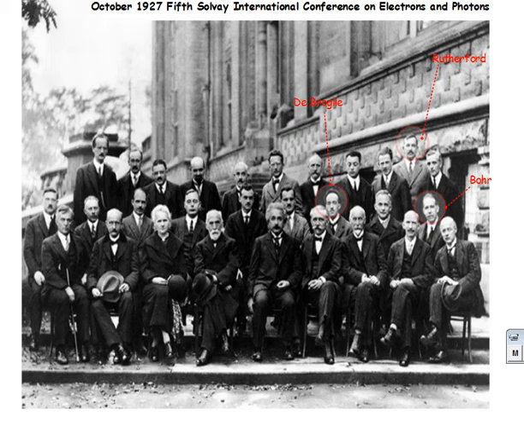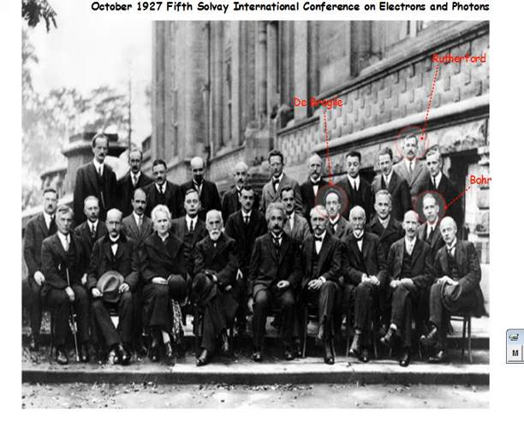This picture here is from October 1927. This is a conference where all of the brightest minds in quantum mechanics at the time got together to discuss current quantum mechanical theory. You'll notice two guys in there, Rutherford and Niels Bohr. De Broglie is a gentleman we're going to talk about because he actually came up with an explanation for this double slit experiment. Fun fact, in this picture, 17 of the scientists here actually went on to win Nobel Prizes. So a lot of very bright minds at the time. But getting back to de Broglie,